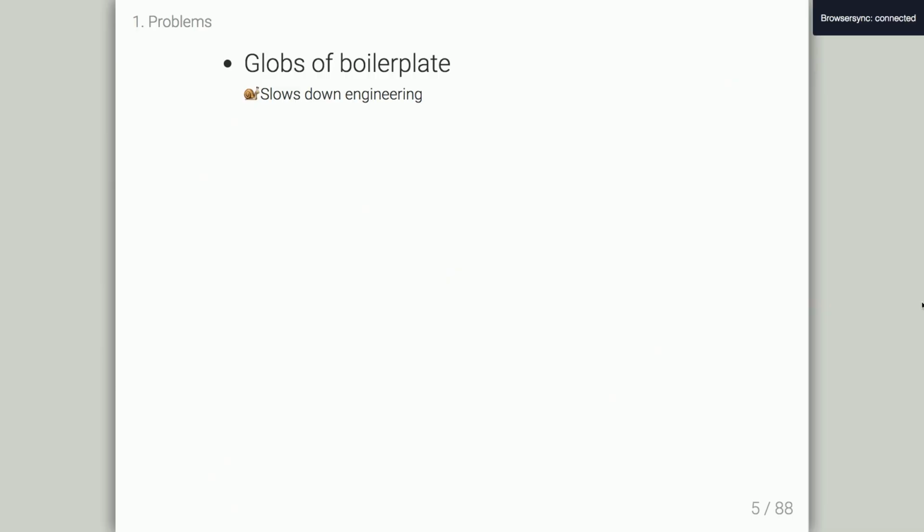Okay, so let's start by talking about some of the problems. Some of the problems with Flux and Redux that I observed is there's a lot of boilerplate. If you want to add an action, for example, you have to add an action function. You then add an action creator. You might have an action type if you're using a type system. You then have to add it to your reducer. And then finally, you read the state that you actually want from your store. So to add one field, you end up touching 5 different files. That's kind of a lot to do.